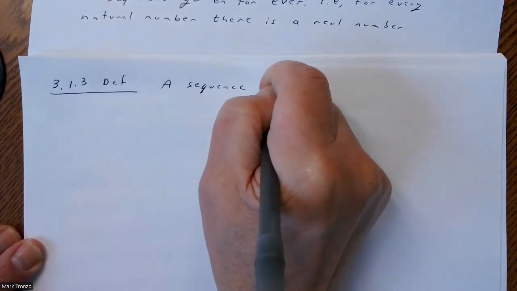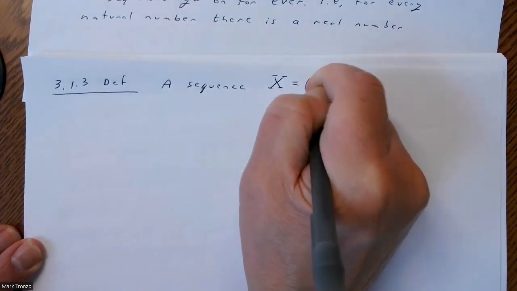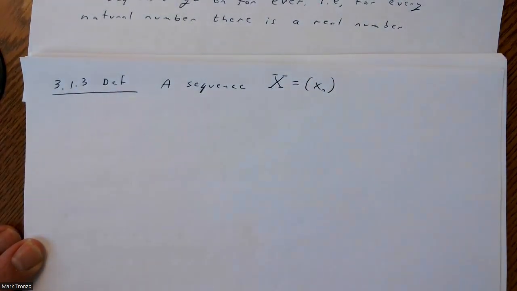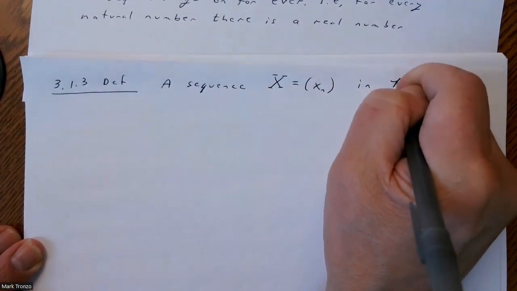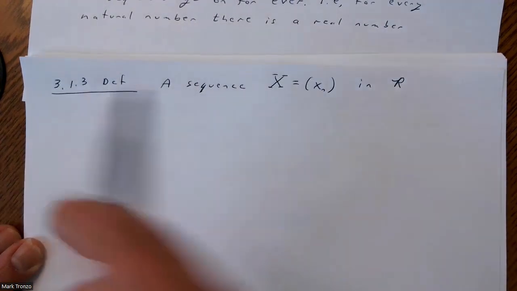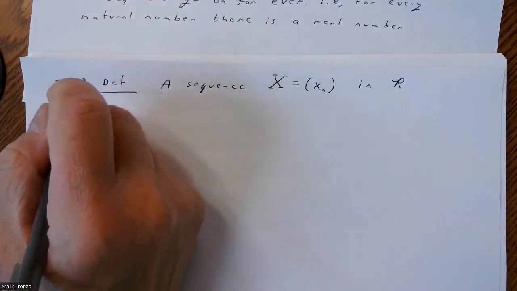Sequence. Again, don't worry too much about the notation. Just be aware that different books use different notations. Sometimes they'll say it like this, in the reals. Again, I'll just put R for the reals, where it means the output, or like we were saying, the codomain is in the reals,